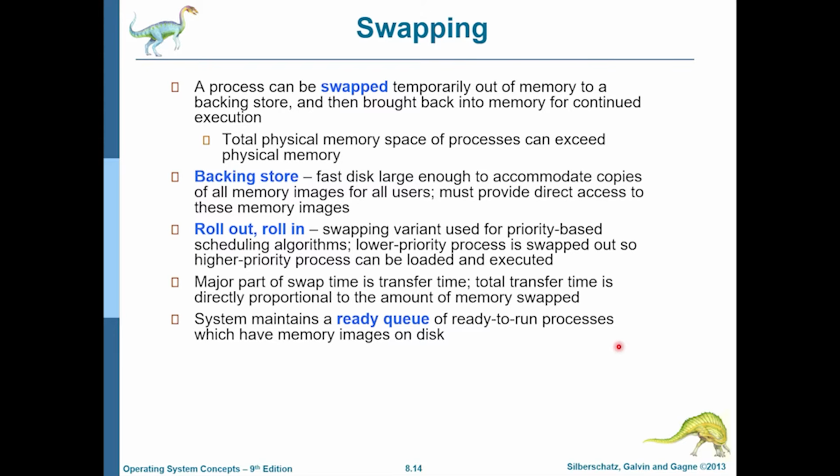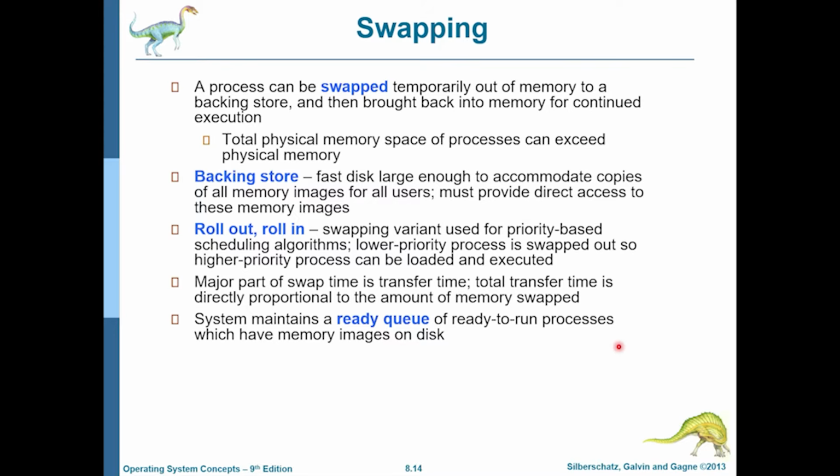And whenever there is a need for a process that is not in memory but is ready to run, and its contents are in the backing store, it can swap that process into memory. It can bring the contents from the backing store and put them in main memory, and then start running the process. A process that is not in main memory will not be able to run. But if you're running out of main memory, you can temporarily swap out some processes, put their memory contents in a backing store, and maintain a ready queue.